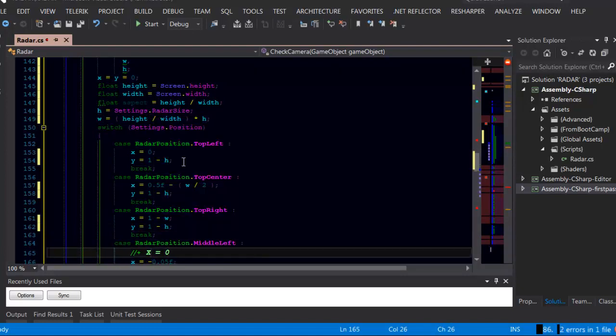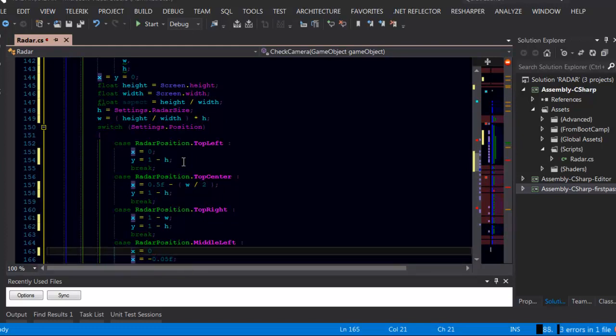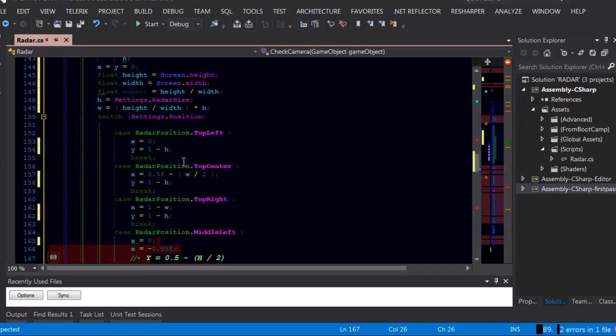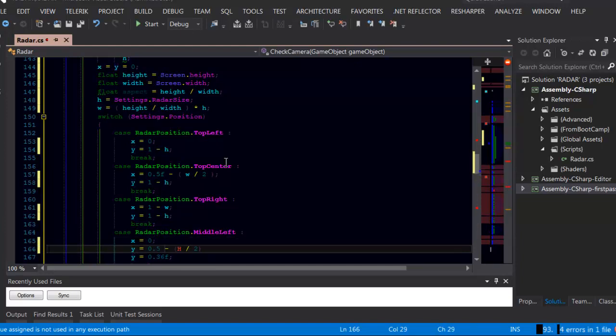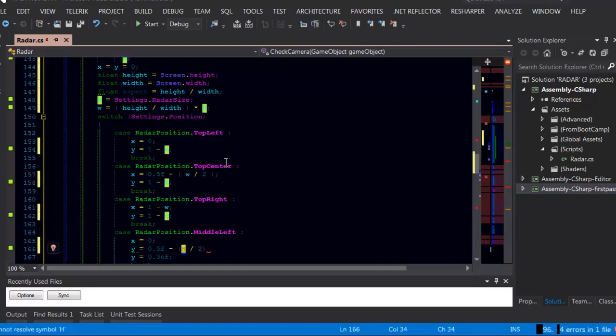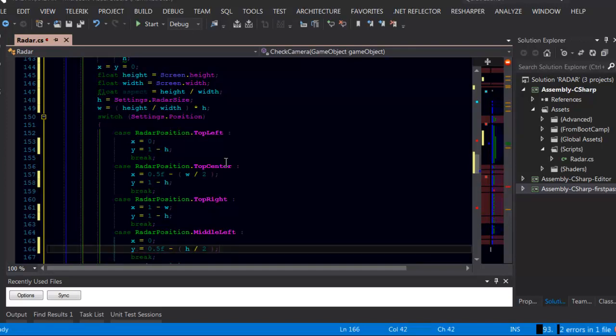And so on and so on. So X; Y, where did my mouse go? Come on. Okay, F minus half of the height, because now we are on the center of the height,